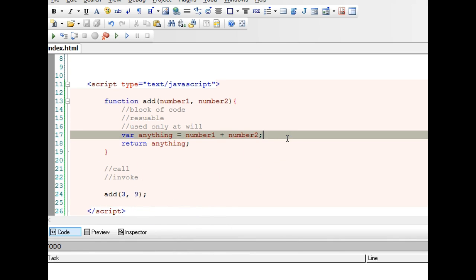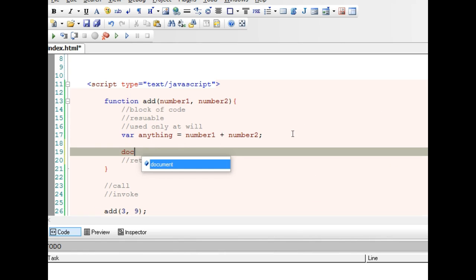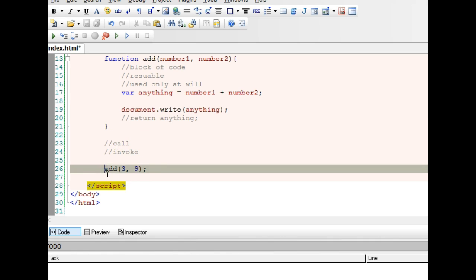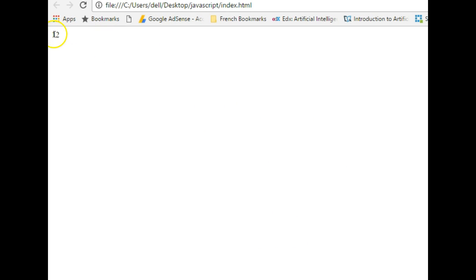So let's just say that we want to print out something. For instance, we want to print out the answer with document.write, so the answer should be printed for us on the screen. I want to comment this out just to show you that nothing will happen until we call it. We get back and we refresh and nothing happens, but then we get back and we actually have this, and I've saved it. We'll refresh, and what we have here is 12,